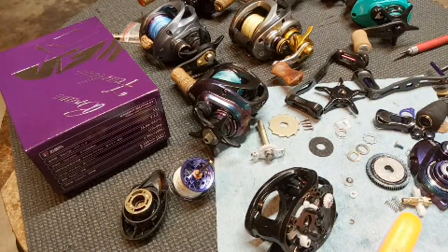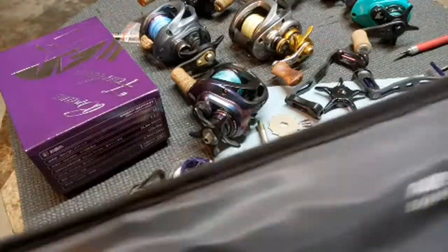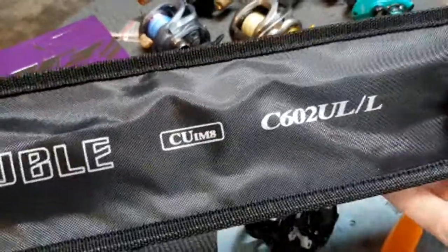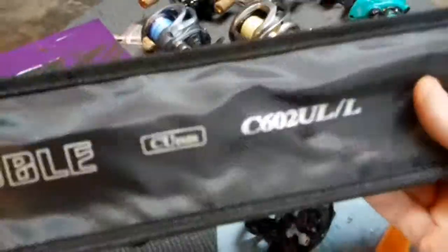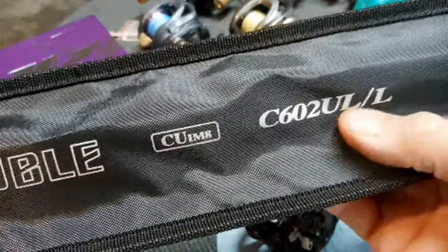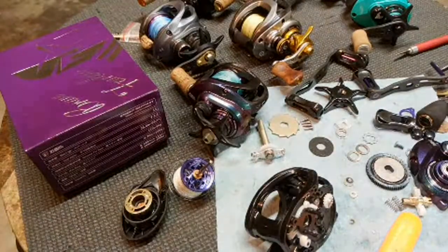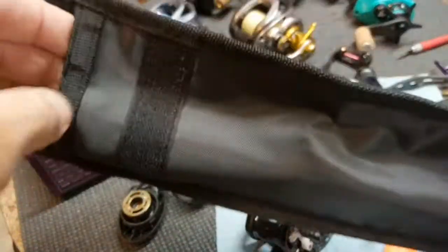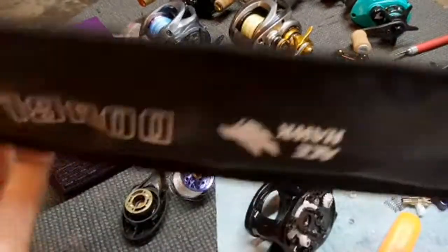I bought one. Now the one I bought, I don't even know how I bought it, but it was an Ace Hawk, but it didn't have two. It was like $25, and I think it was 5'6", and it didn't have two, an ultralight and a light tip. It had one tip, I believe, an ultralight, but that thing broke like in test casting. So that came in a big, nice tube. I think I remember hearing him talk about it. That's a very nice, above average